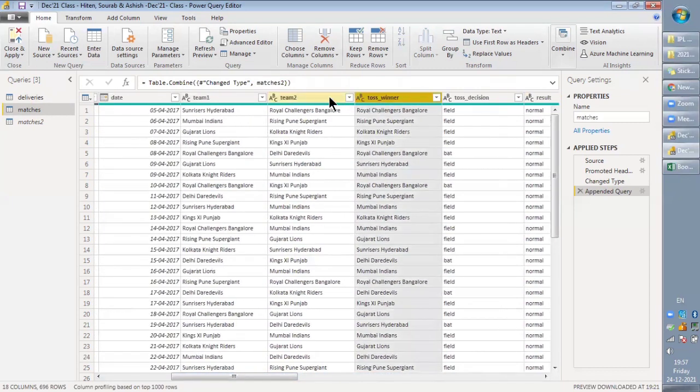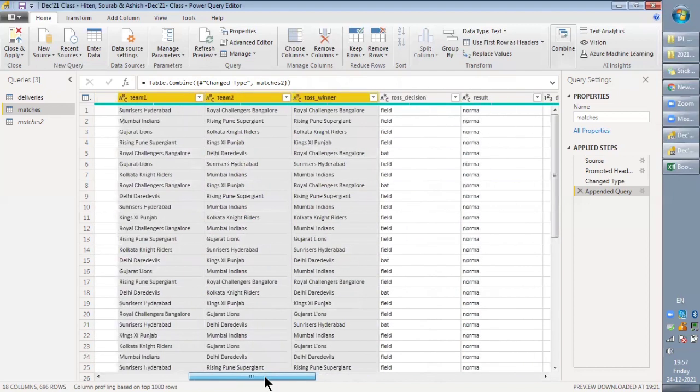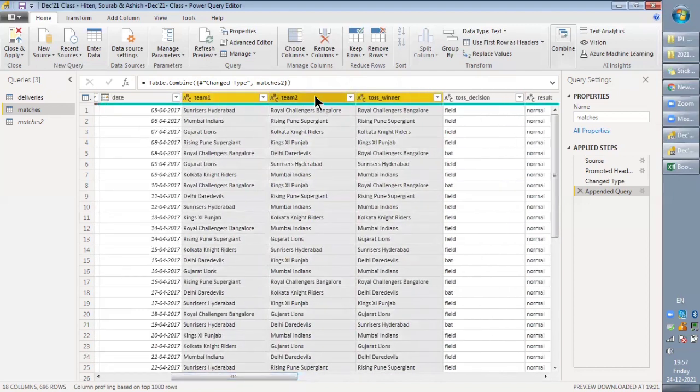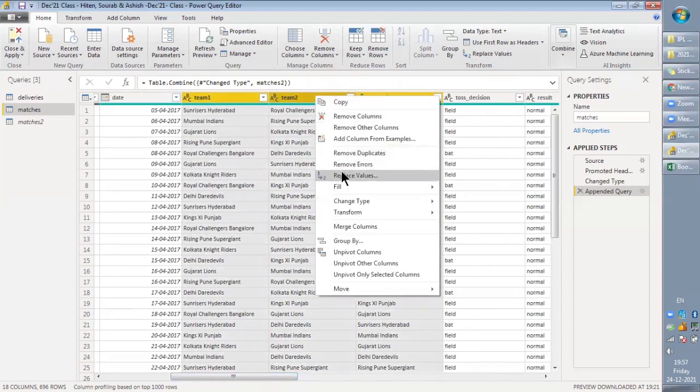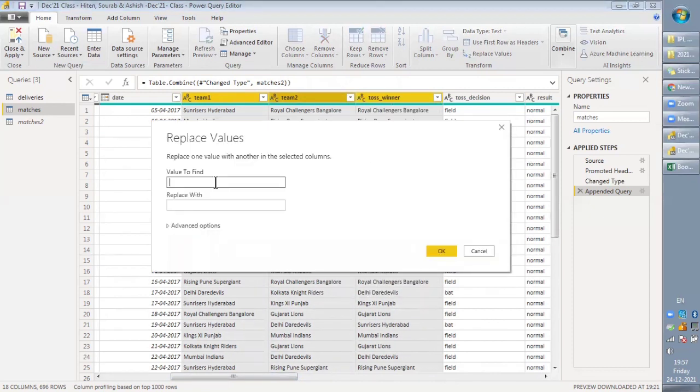You can press Control, then click, same as we do in Excel. Many functionalities are similar to Excel, so nothing to worry about. In this, we'll right click, replace value. Same thing, everything is the same. Let's add S here and press OK.